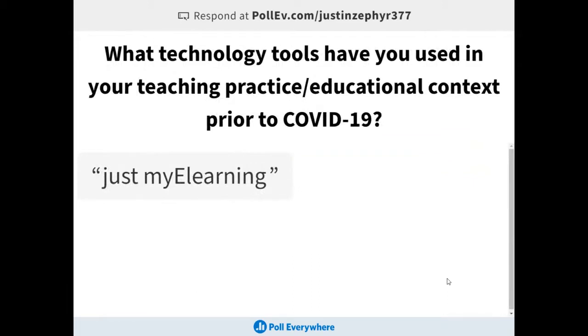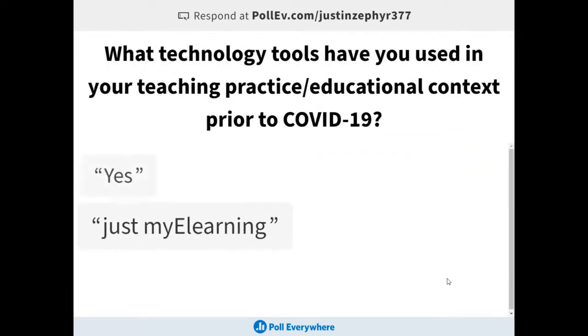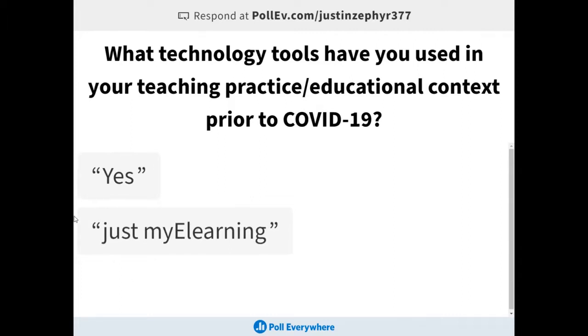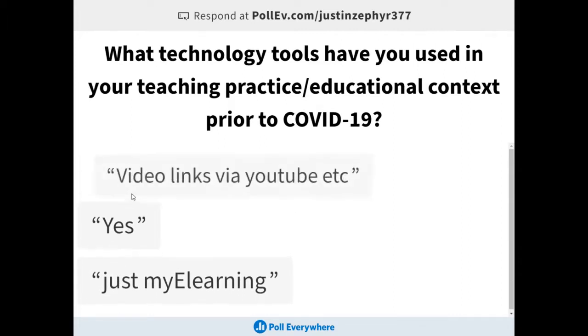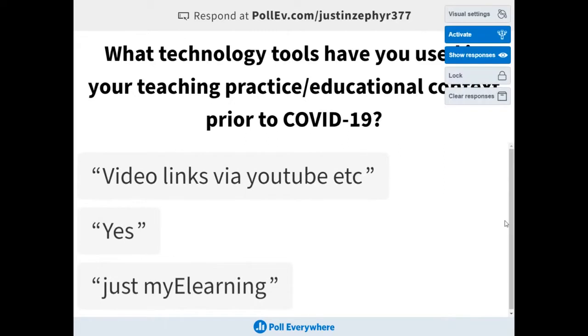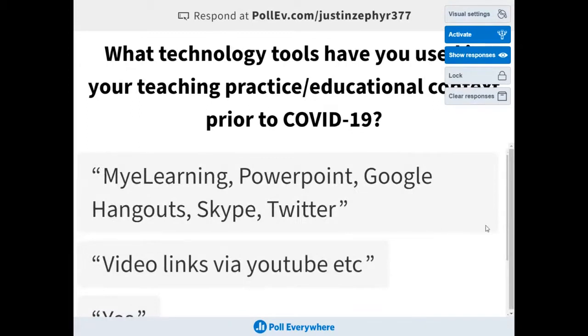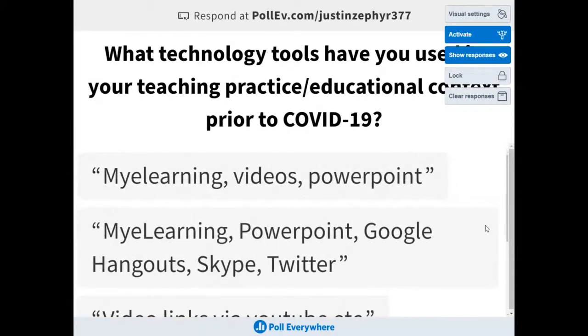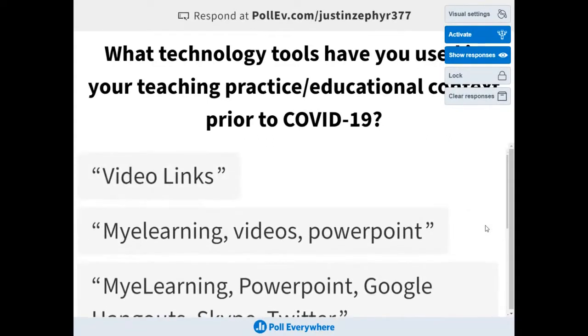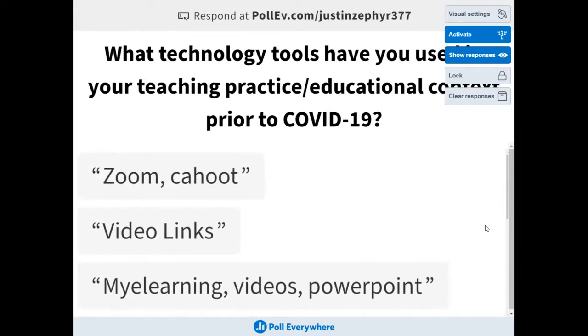What technology tools have you used in your teaching practice prior to COVID? Someone said just my learning. Someone said video links via YouTube. Okay, fair enough. My learning, PowerPoint, Google Hangouts. Google Hangouts I particularly like. Skype, Twitter. Okay, good. Keep it coming, guys. My learning, videos, PowerPoint, nice. Video links, good. Zoom and Kahoot,